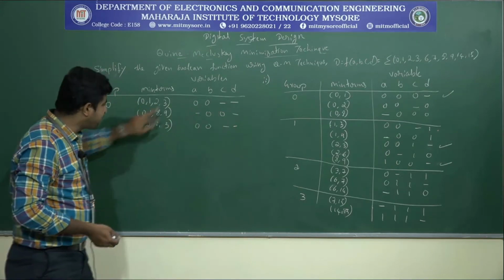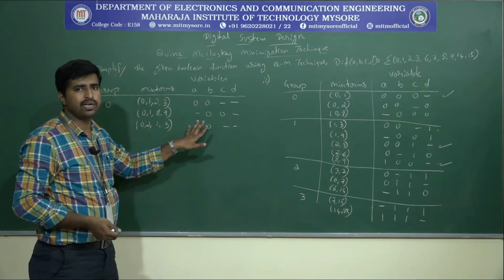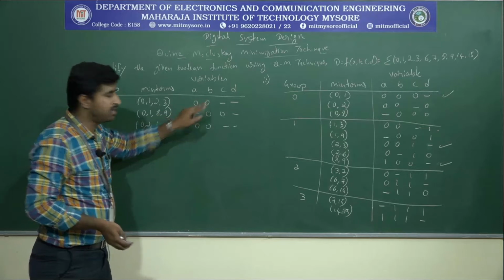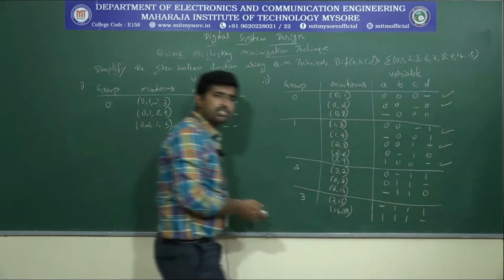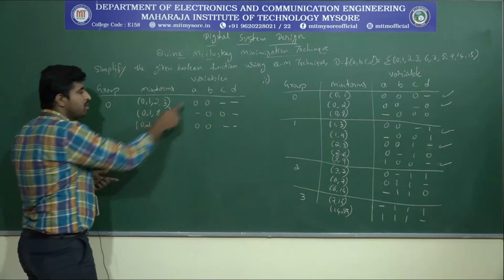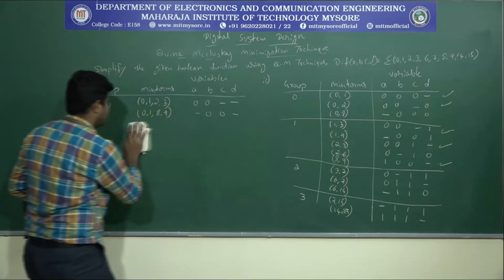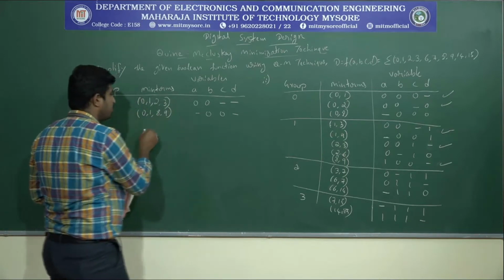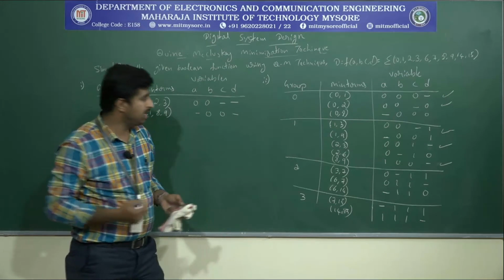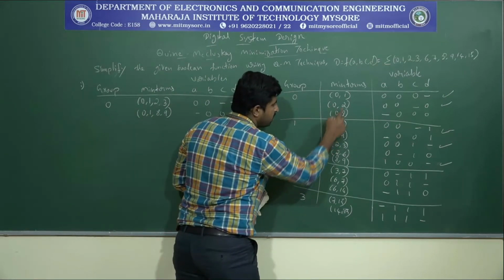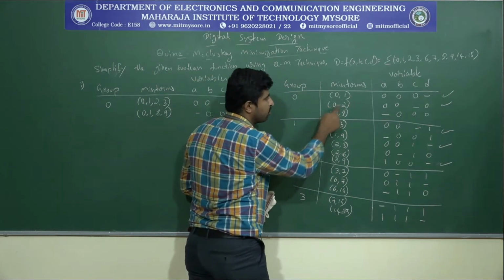So we are repeatedly writing the same thing actually. Instead of writing that one, we can skip it. No need to write this one because it is already covered. Let's put the tick mark, these two are covered, and let's not represent it in the next table because both are the same. By seeing the mean terms only we get to know that it is repeating: 0, 1, 2, 3, again 0, 1, 2, 3. Next, 0, 2: there are no other possibilities for the 0, 2 group.